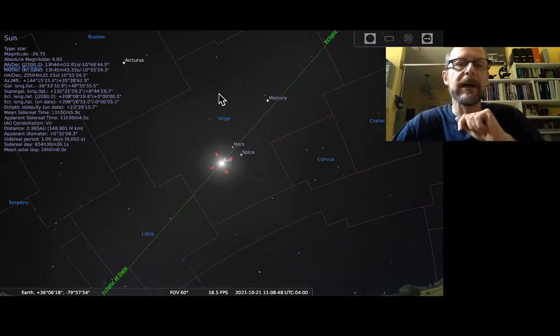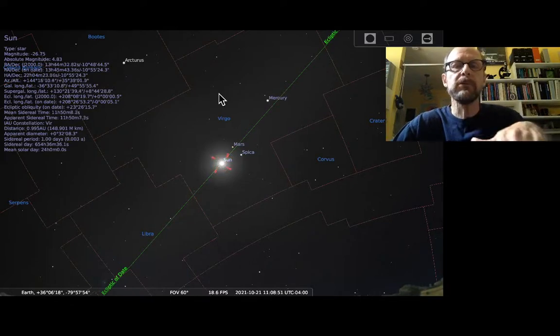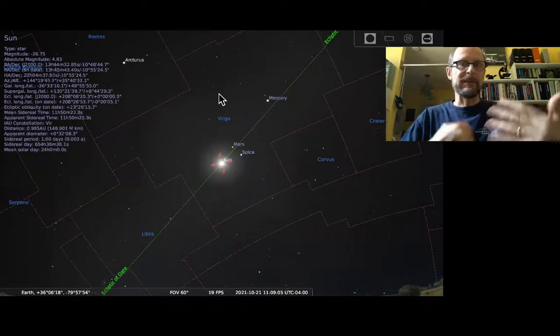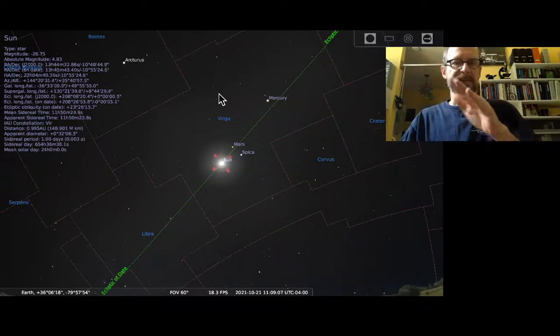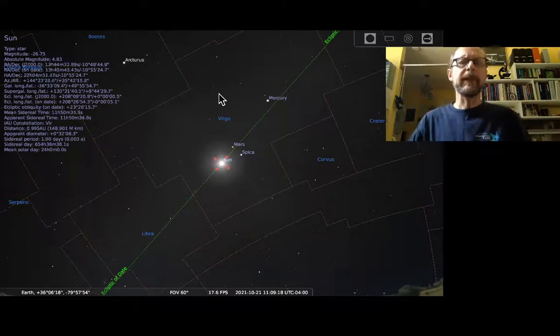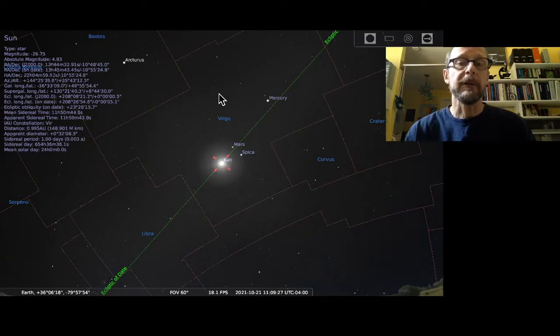This line in the sky that the sun moves along through the constellations over the course of a year is called the ecliptic. It's really the plane of the Earth's orbit around the sun extended out onto the sky. And because the Earth and the sun are in that plane, we see the sun within that plane as well, in this line in the sky. So those are what the constellations are. In general, there are 88 of them. The zodiac constellations specifically are the constellations that the sun appears in front of over the course of a year.